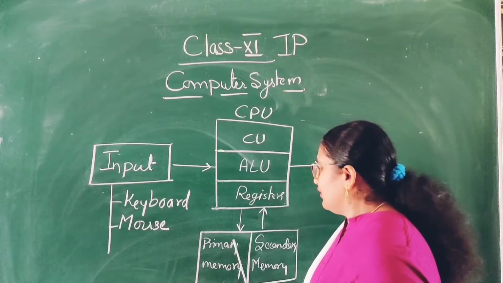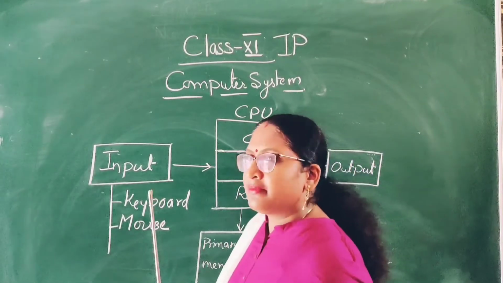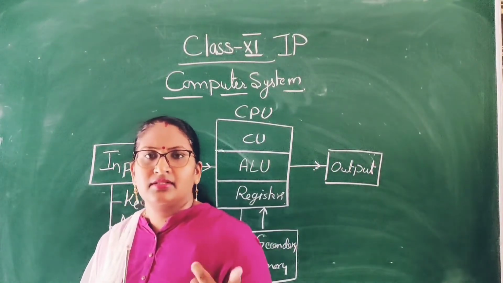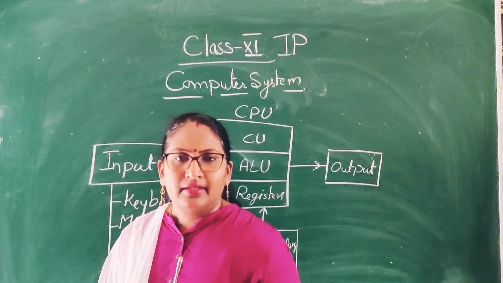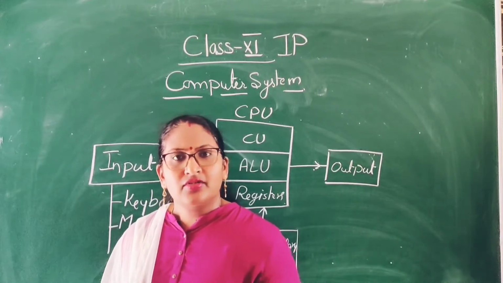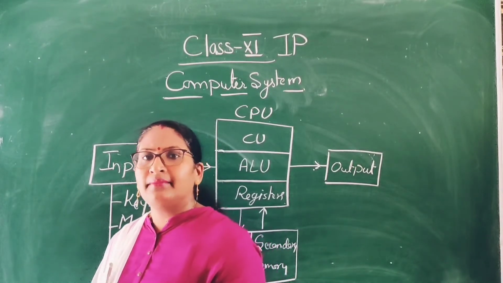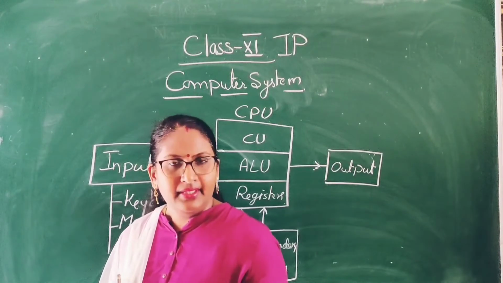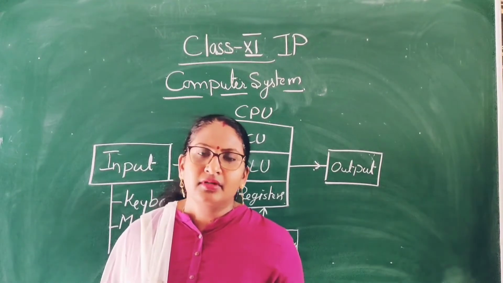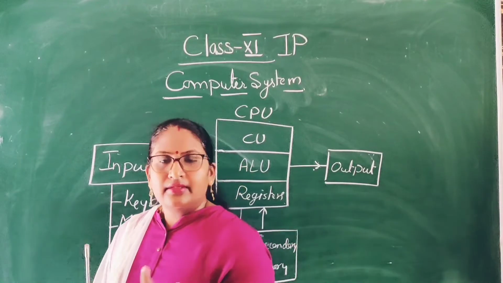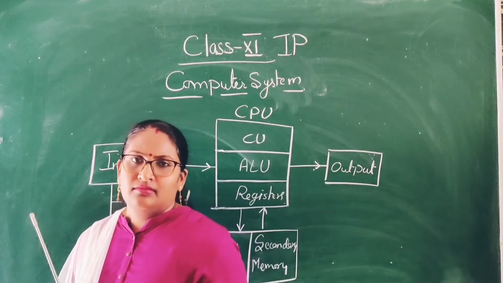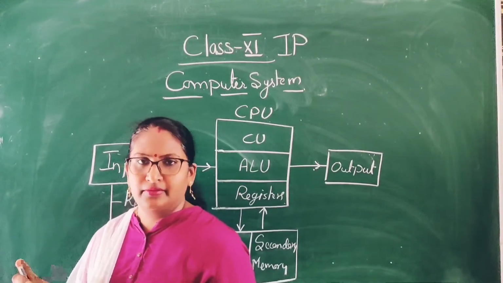So while doing the program, if the current goes off, the switch is off, then your data is lost. The data stored in the primary memory is temporary. As we switch off the system, or as the current goes, the memory is washed off. So that is the primary memory. In secondary memory, data is stored permanently.